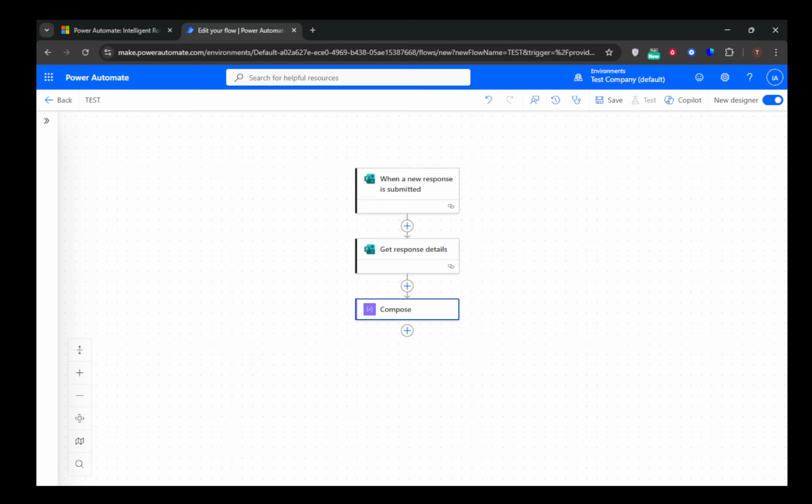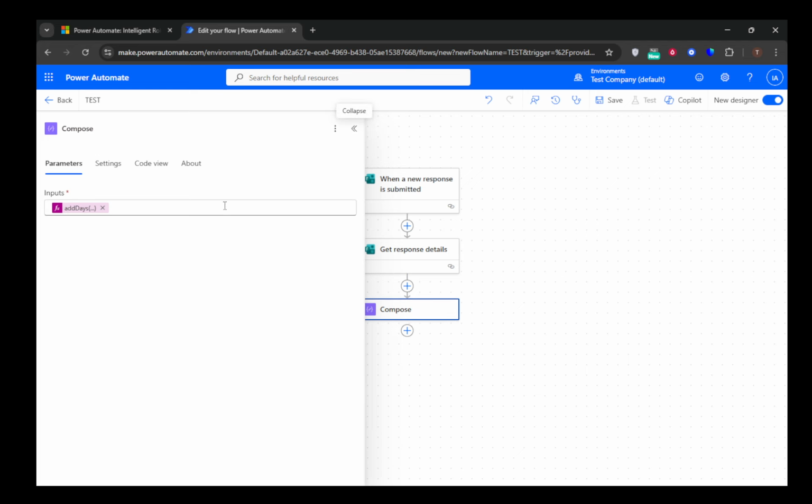By utilizing expressions like these, you not only streamline repetitive date calculations, but also enhance the flexibility and functionality of your automated workflows. Keep experimenting with different expressions to discover all the